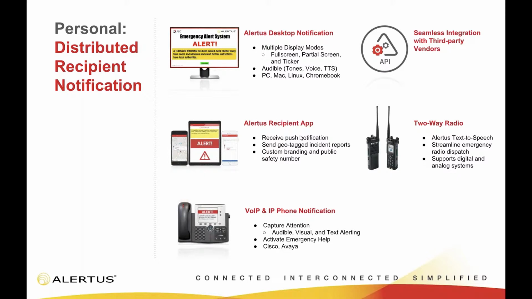So the main products that we really see, and we'll get into a little bit more with the recipient app, is our mobile app and the two-way radio. So the recipient app is an awesome option to get that personal alerting directly onto your phone. We'll get into the activation options as well with our mobile apps, but the recipient app allows you to notify everybody who has a cell phone within an area of the alert. Just like you would now with your Apple phone or your Android, you can get a push notification directly to your phone that allows you to receive that message, and you can also utilize this as a panic button feature.